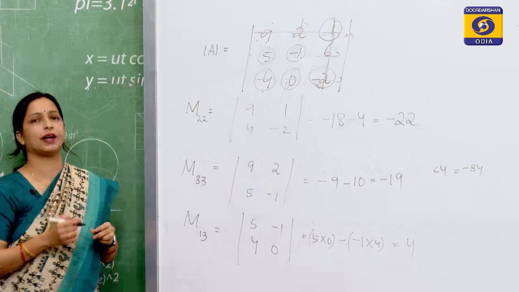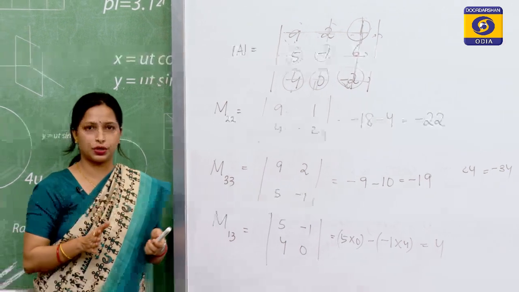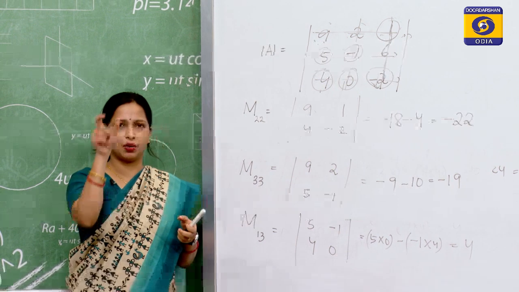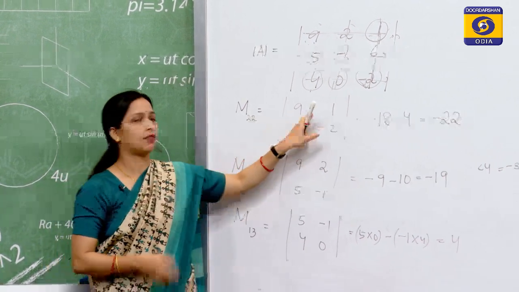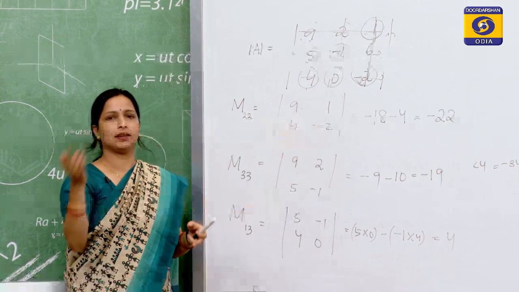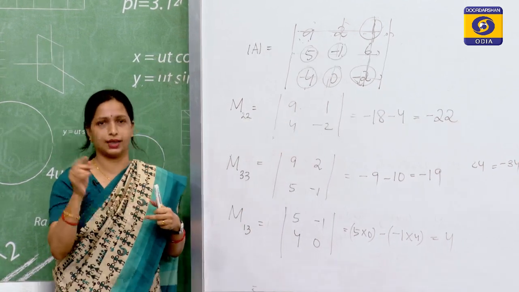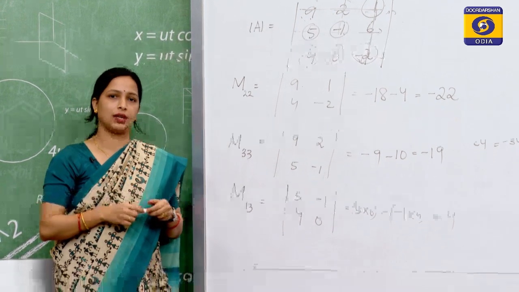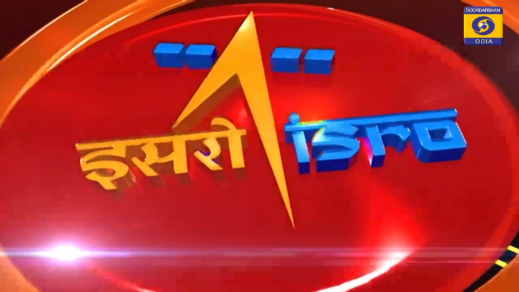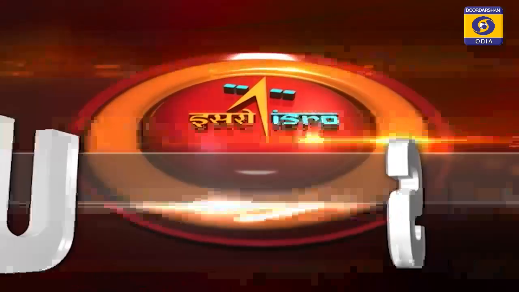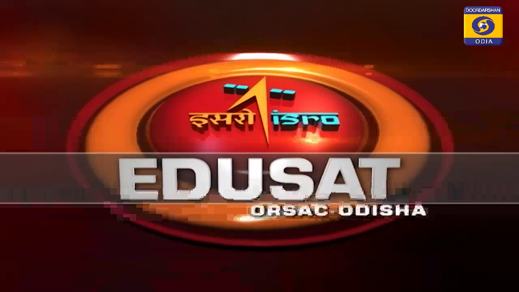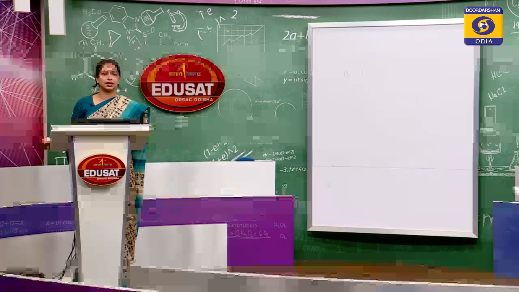So, this is how you find out the minors of order 2 determinant, which is easier because it only signifies the element, but in case of order 3, you have to find out the second order determinant and then you have to multiply the diagonals and then the difference is the minor of the element. Minor is basically the determinant that is obtained by deleting the row or the column in which the element exists.